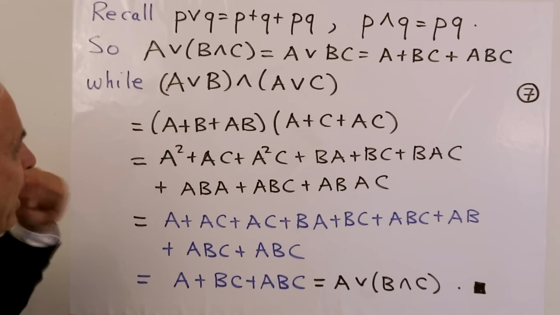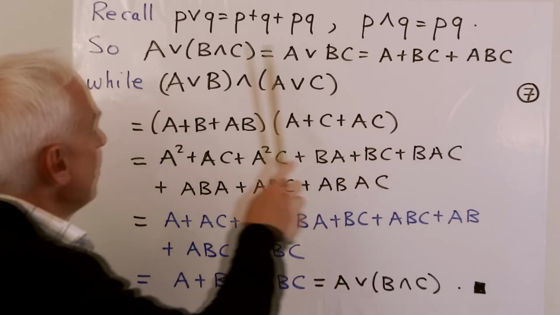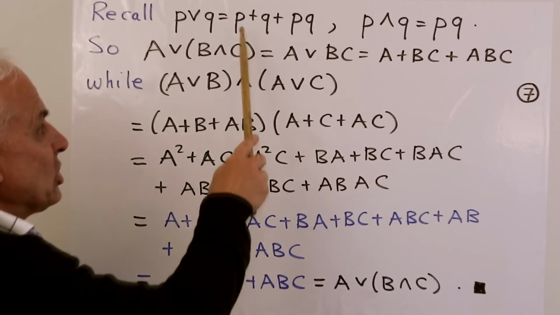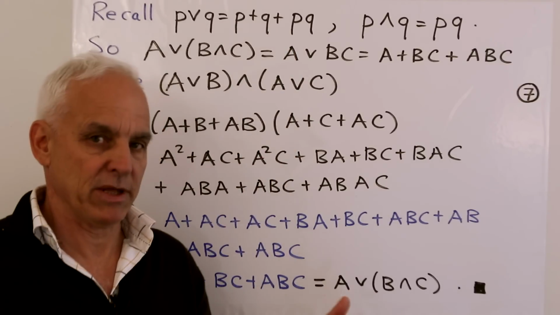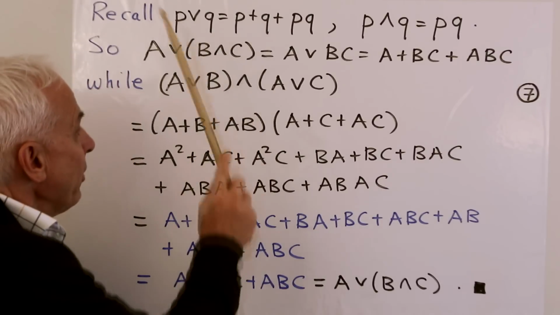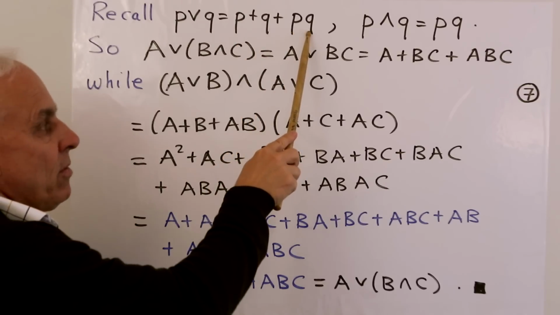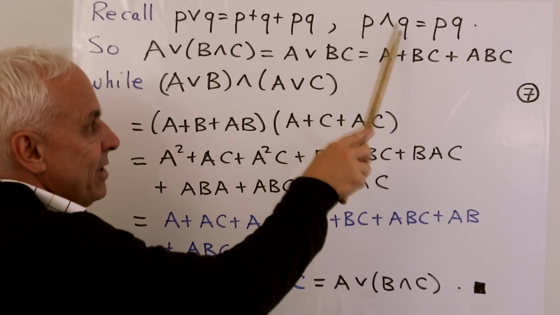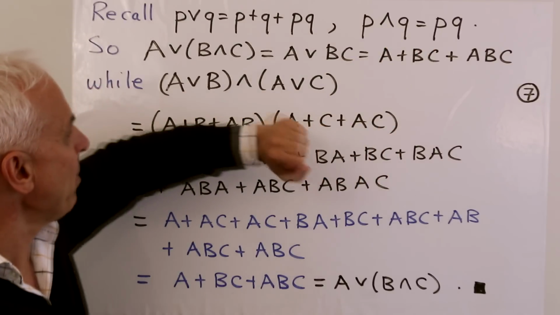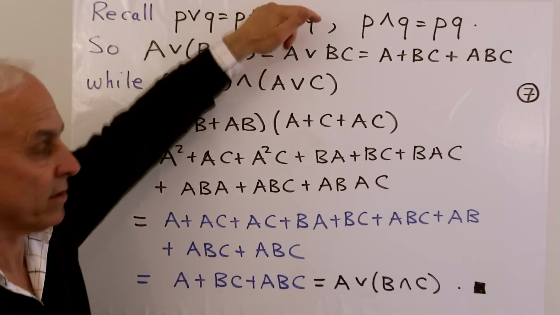Okay, so let me illustrate how things go. I recall that the Boolean algebra operations of union and intersection can be represented with the algebra of Boole operations of addition and multiplication. Those are the mod 2 operations. Okay, and here's how we do it. So P union Q is P plus Q plus P times Q. And P intersection Q is the same as just the product of P and Q. So converting here is not a problem. Converting here is just a little bit of something. Instead of just having an addition, we have an addition plus the product.